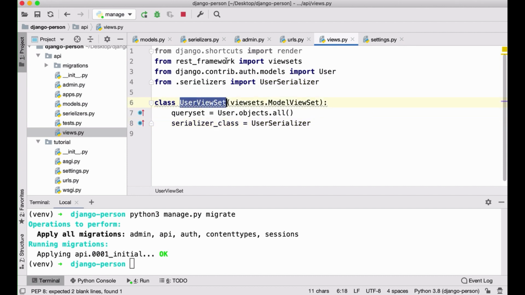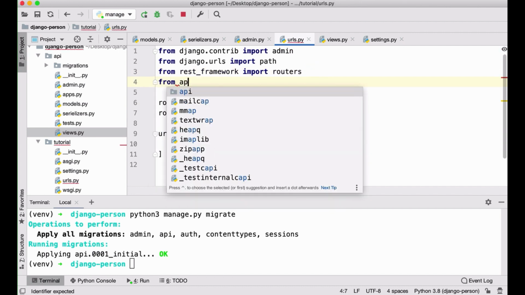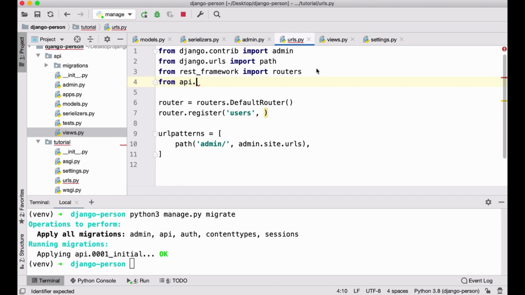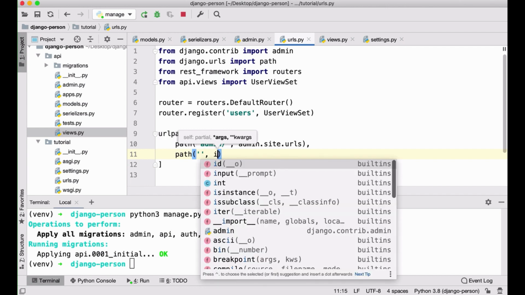So I will copy that, I will go back to the URLs, and then I will import it. So from API, which is the name of the project here, and then views, I will import user view set, and that user view set I can use it here in the router. So once I have my router, of course you can add more models into your router. At the moment I have only one, so I have that, and I also need to include it in the path. So I'll create a new path, and here I can just make it empty, and then I can include,